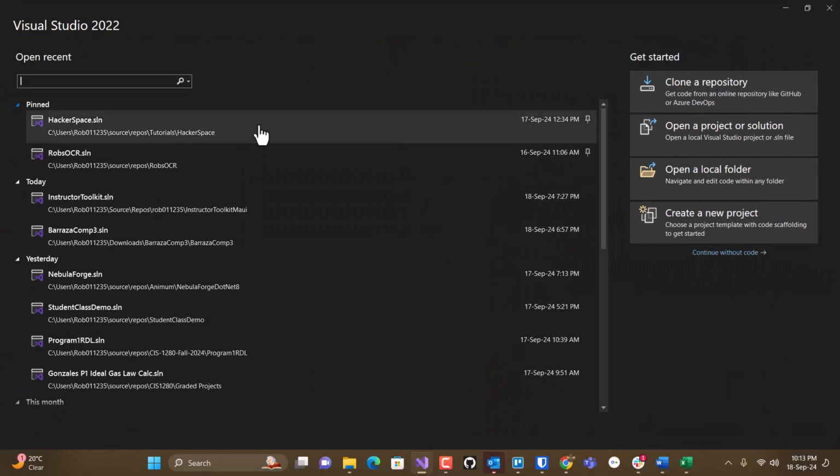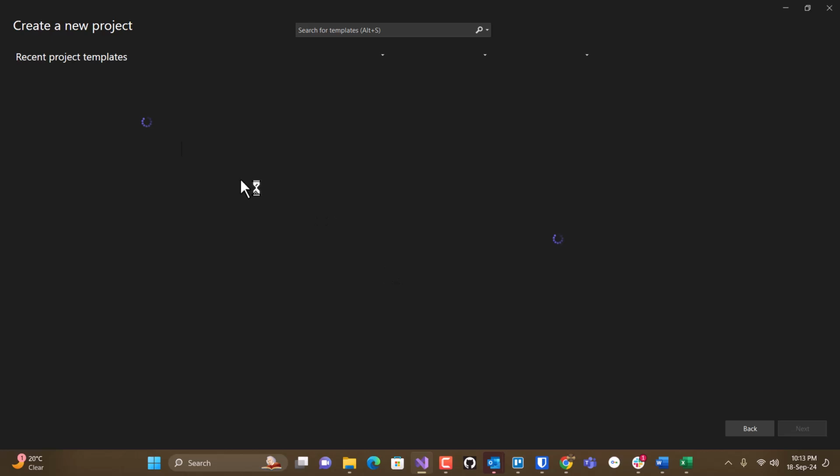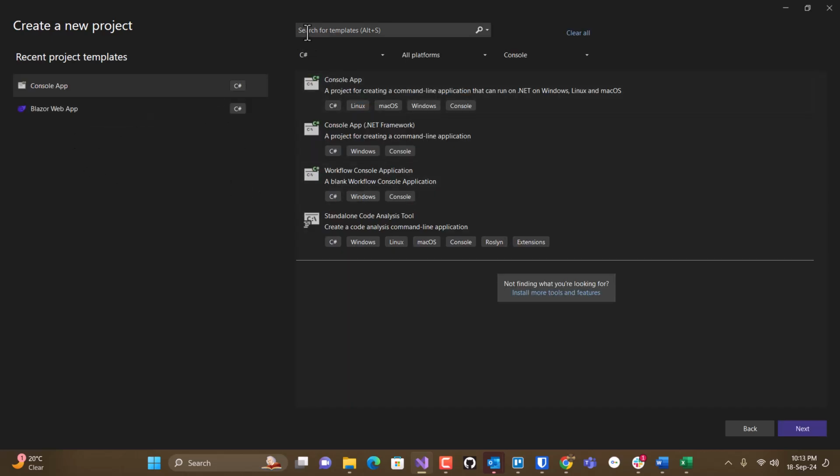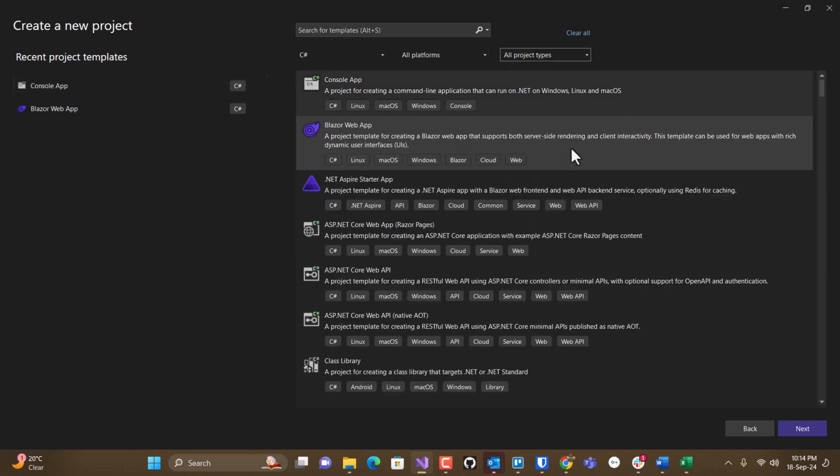So I'm going to start a new project, and I think probably the easiest way is I'll just do some kind of a to-do app, and we'll start with, if you look at the options now, if you're up to .NET 8. Put C# in, you're going to find, let's see, what do I want? All project types. There's now a Blazor web app,